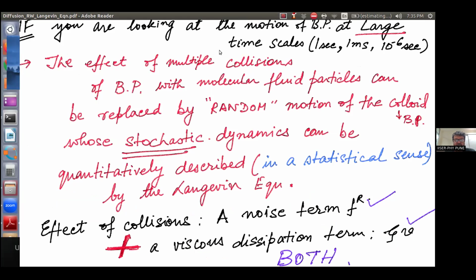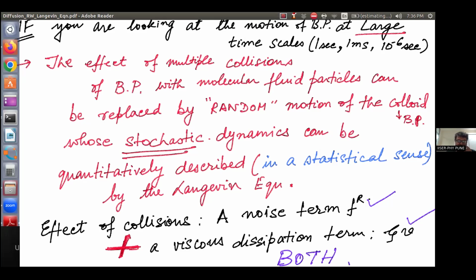Just to summarize, what did we learn? So let's look at this. Basically, what I'm saying is, by the Langevin equation, if you are looking at the motion of a Brownian particle at large time scales, and when I say large time scales, I don't mean hours or days. I mean 1 second, millisecond, 10⁻⁶ seconds. Large compared to what? Much larger than the molecular collisional time scales, which are 10⁻¹² seconds. As long as you're looking at long time scales where there have been multiple rounds of collisions by each particle